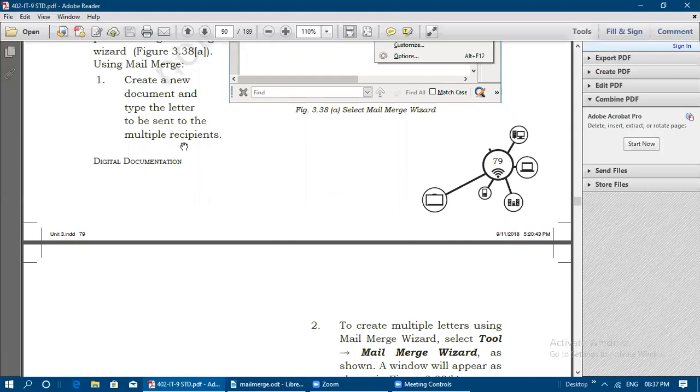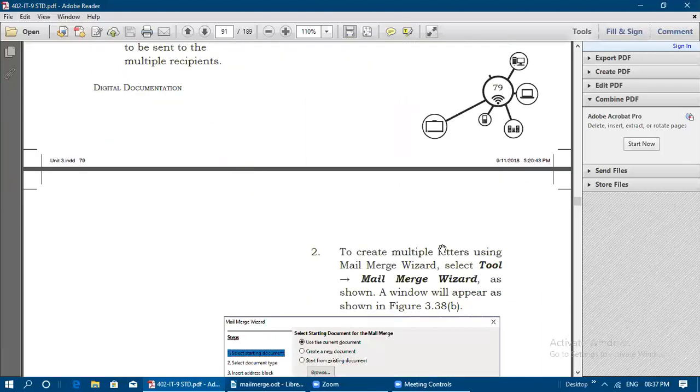Okay, or only one form is required. So that form is going to be created as multiple copies with the help of this mail merge concept. Okay, so to create multiple letters using mail merge wizard, you need to select tool and mail merge wizard as